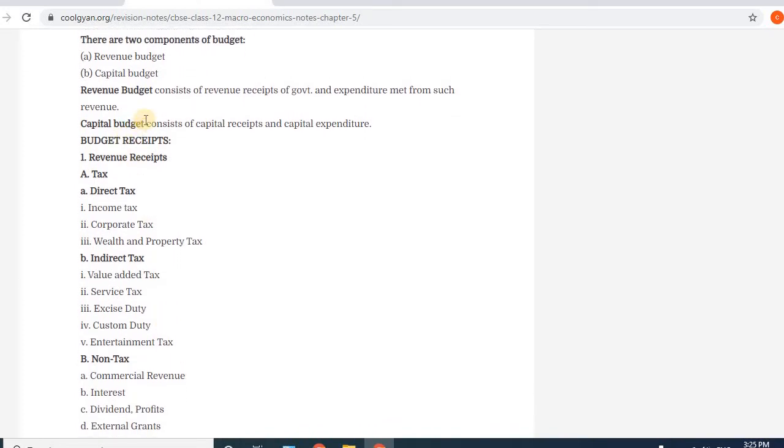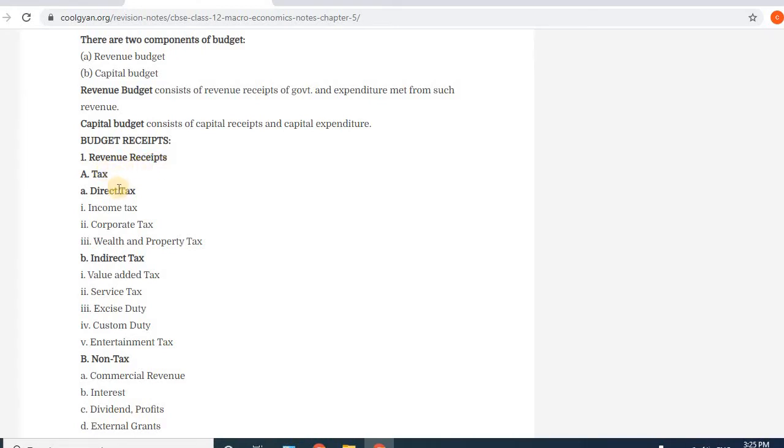Revenue budget consists of revenue receipts of government and expenditures made from such revenue. Capital budget consists of capital receipts and capital expenditure. Budget receipts: 1. Revenue receipts: